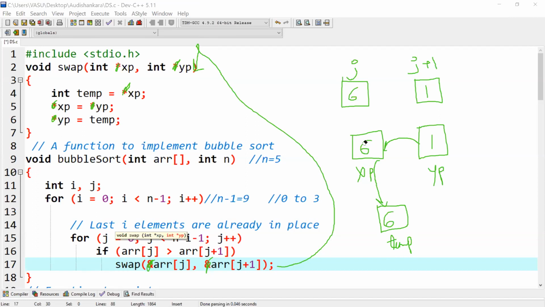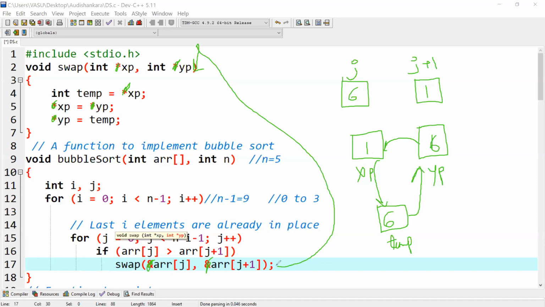I'll erase this value, and over here I'll be having 1, right? Because I have put the yp inside xp, just like mentioned over here. Then after that, I have put the temp value inside yp, so this will become 6 now. Previously 6 and 1 were there, now we have 1 and 6. The numbers are swapped. Done swapping.